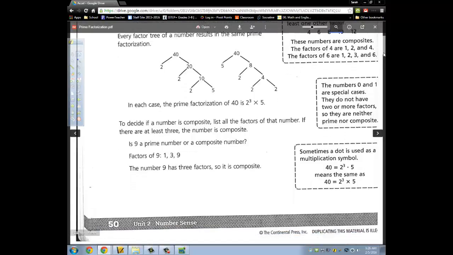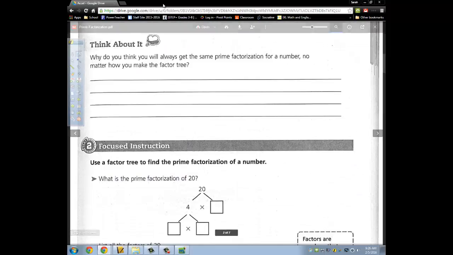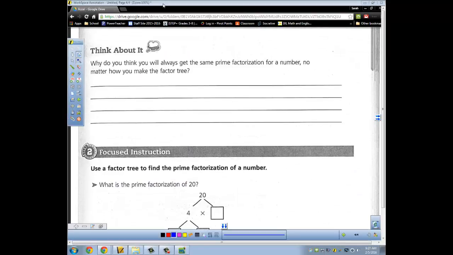Okay, turn over to page 51, please. The think about it says, why do you think you'll always get the same prime factorization for a number, no matter how you make the factor tree? Well, that is because you will always get the same answer since you are